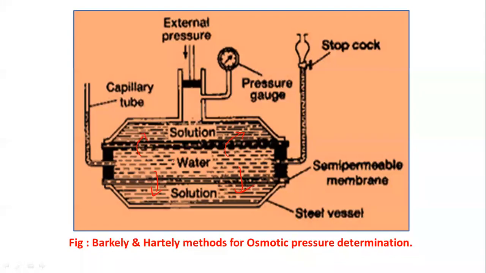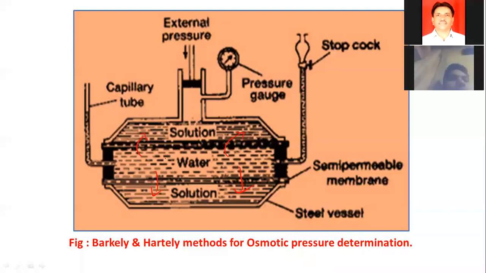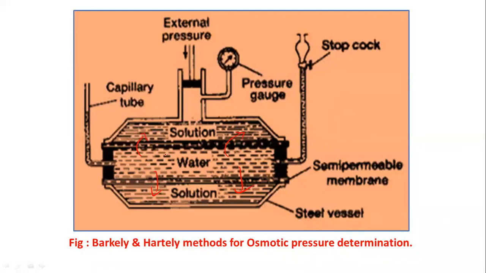Okay, so what do we have to do? First of all, we have to fill this compartment with water with the help of this reservoir tube. Okay, and at a certain level we have to note this level also. Later on we have to fill the solution here, and it can be seen that the level in the capillary goes down. Okay, that means the osmosis process has started, but we have to stop the osmosis process here.